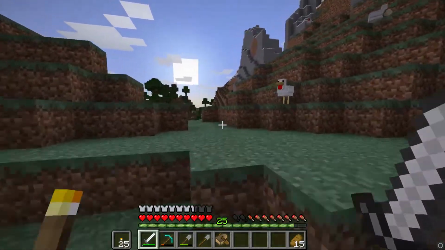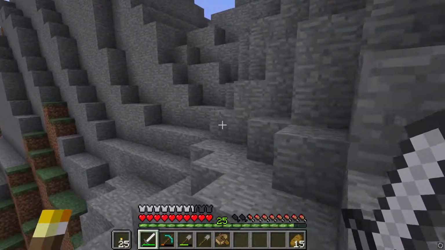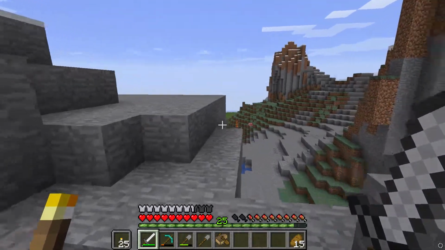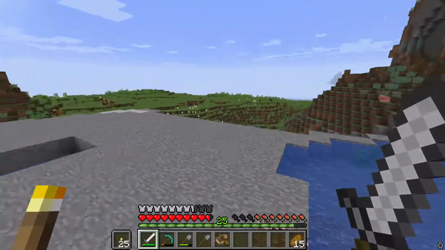So I think what we'll do now is head over there and check it out. What I've done is make myself an iron sword, because a wooden sword is nowhere near good enough. It takes a lot of hits to kill a mob with that thing. So I thought, get rid of that, get an iron sword into the inventory, and that will hopefully help us